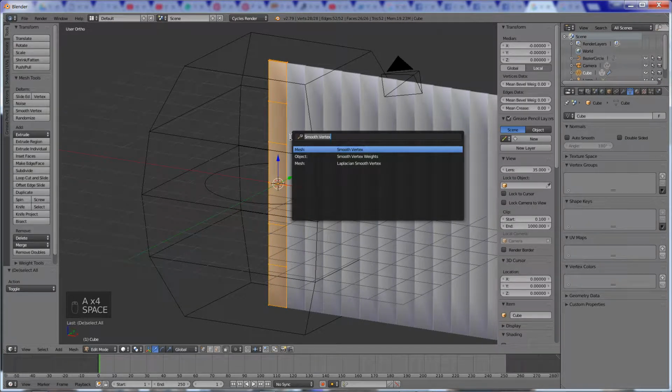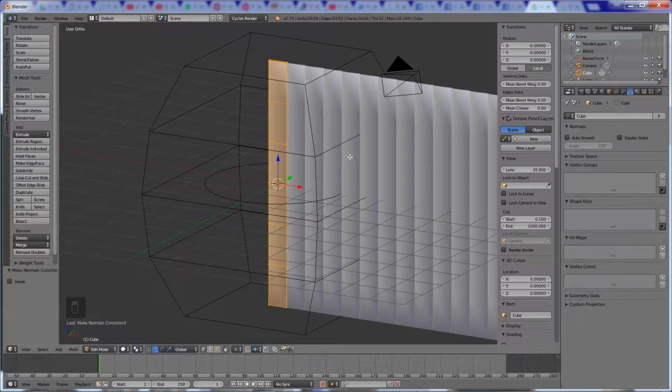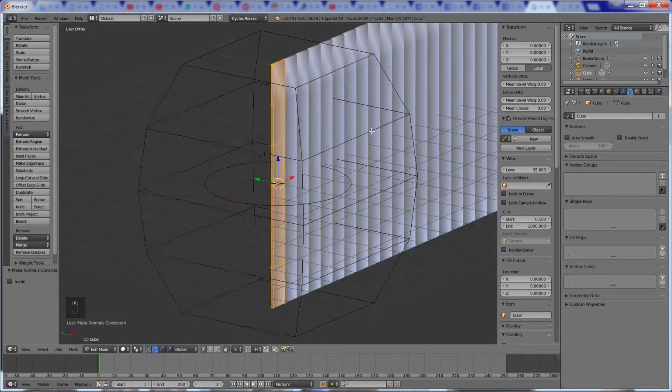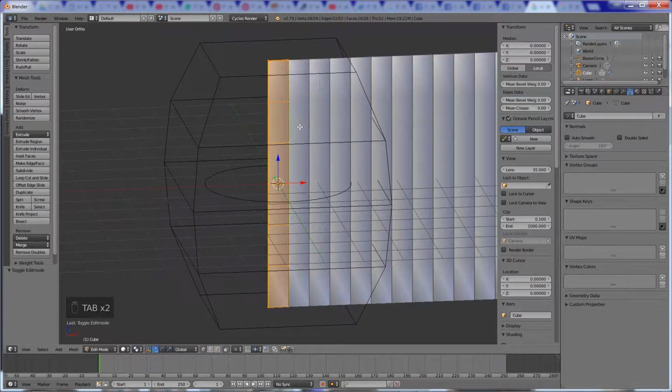So I'm going to hit spacebar and type in the word normals. There's one that says make normals consistent, right? And another thing you want to do,